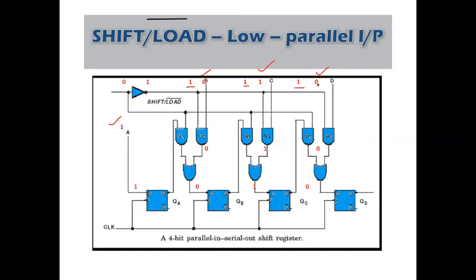So when I apply this, see the 1 and 0, what is the output of this gate? It is 0. 1 and 1, the output of this gate is 1 here. 1 and 0, it is 1 here. See, our input is 0, we got 0 here. Our input is 1, we got 1 here. Our input is 0, we got 0 here. So only these gates are enabled while parallel loading, and we loaded the data into the circuit.